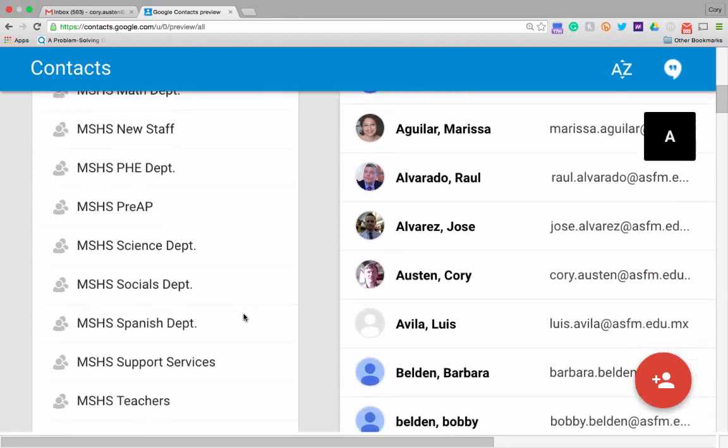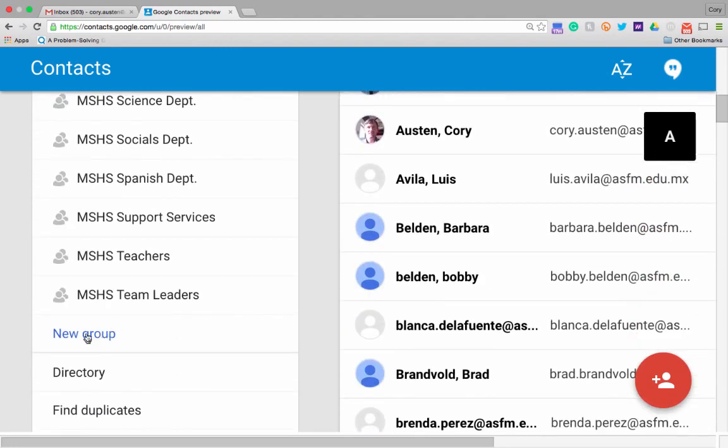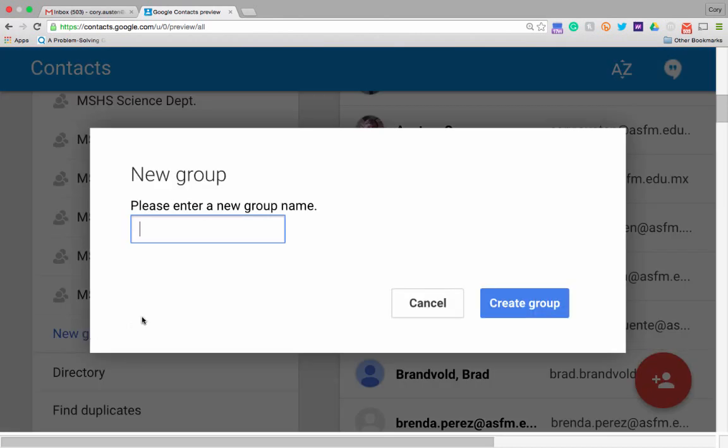If you keep scrolling down and you hit new group, this is where you can create a customized group. If you're a team leader and you want to do this for a generation or for your team, you can name the team and then you can create group and then you start populating it with emails. So that might be useful for new teachers and it might be useful for returning teachers who want to create